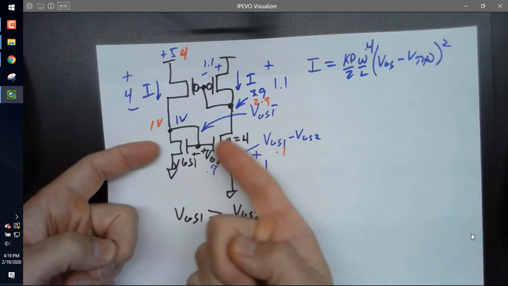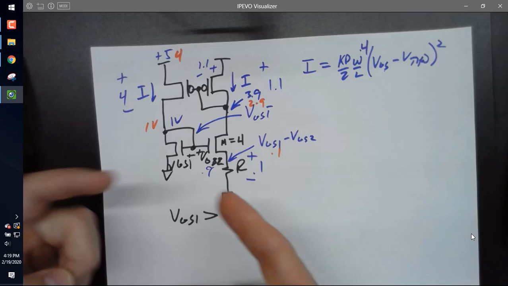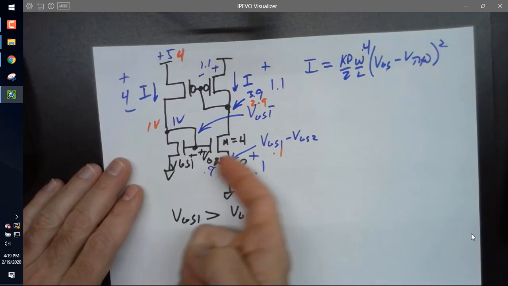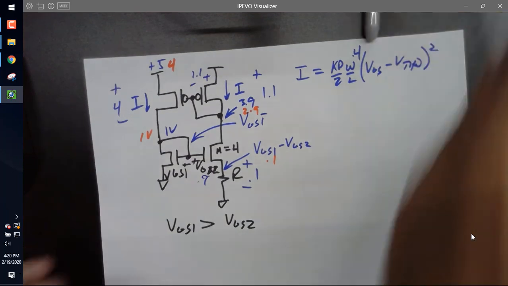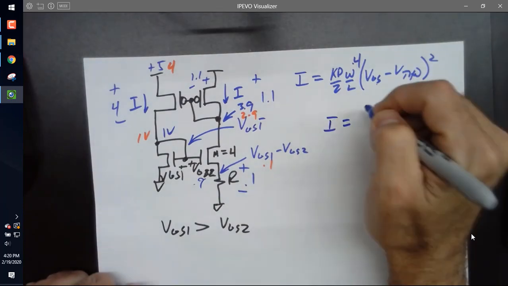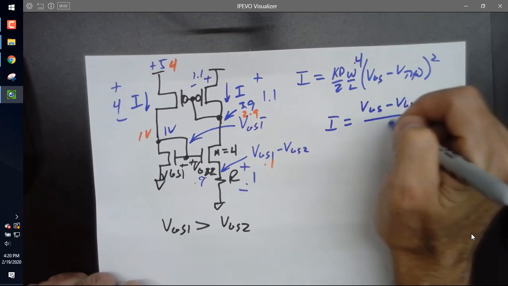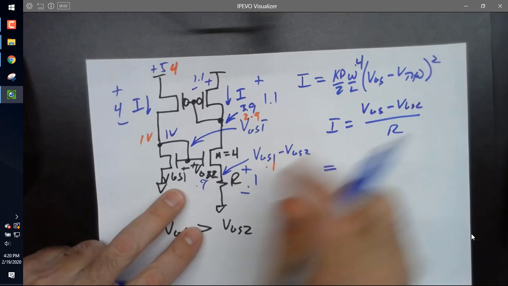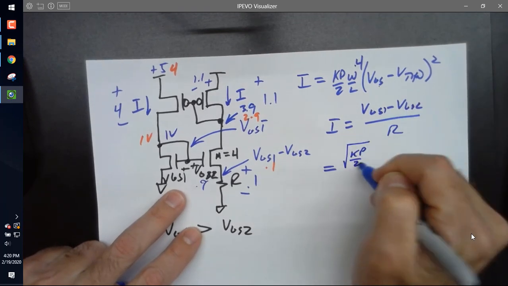Making this transistor wider so its VGS is less than this one, and then dropping the difference between this VGS and this VGS across the resistor. So my current I can be written as I equals VGS1 minus VGS2 all over R. Or I can write it as VGS1 is the square root of KP over 2,